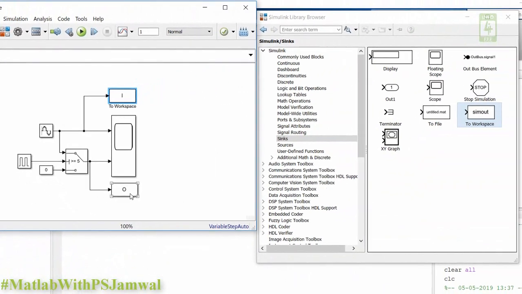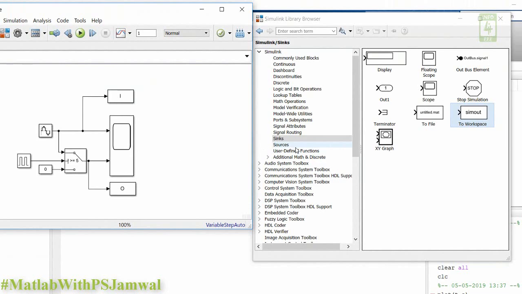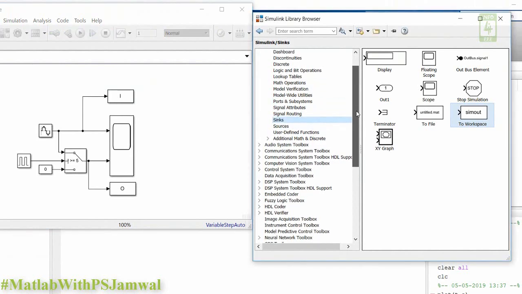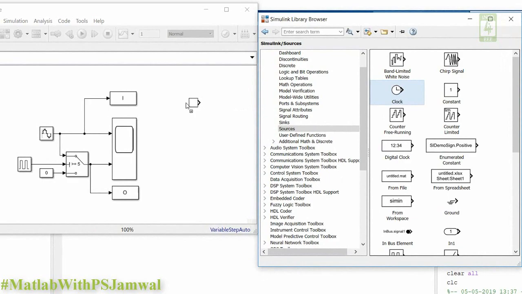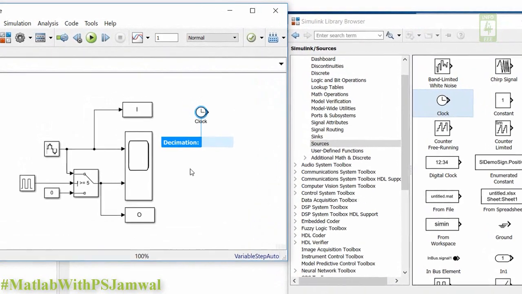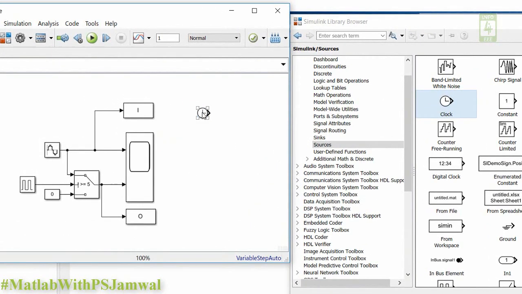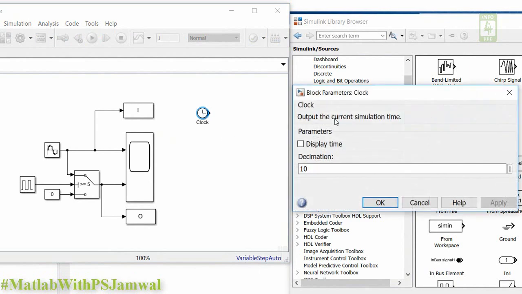Along with our input and output data, you require one more thing, that is time data. That data you can extract through a clock which is available in Sources. So just drag this clock to your simulation file, and to know more about this, click on the clock. Here the description is given, and only one thing is there, that is decimation.